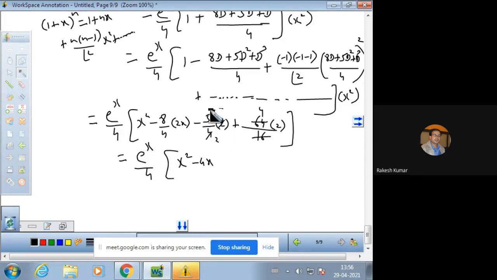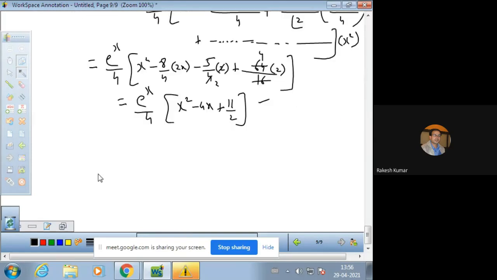You can cancel here. That is 5 over 2 plus 8. 8 twos are 16 minus 5, that is 11 over 2. So this is the particular integral of the first term. And by the similar procedure, as we have discussed earlier, we can find out the particular integral of